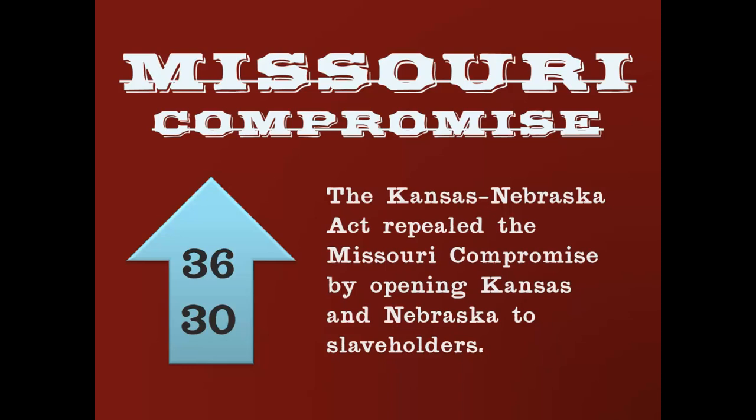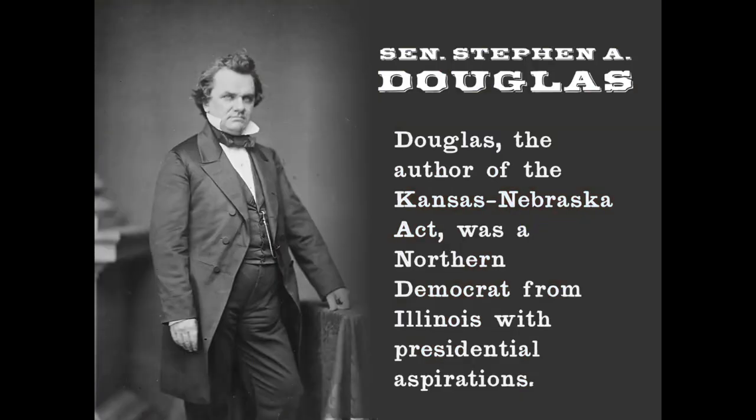The Kansas-Nebraska Act actually repeals the Missouri Compromise, because this is a territory that defies where the parallel was for the Missouri Compromise. So now all of Kansas, all of Nebraska could potentially become slaveholding if popular sovereignty went in that direction. Senator Stephen Douglas is the author of this act, and this just gives you an image of him. He had all kinds of nicknames, but of course, he's a powerful member of Congress at this